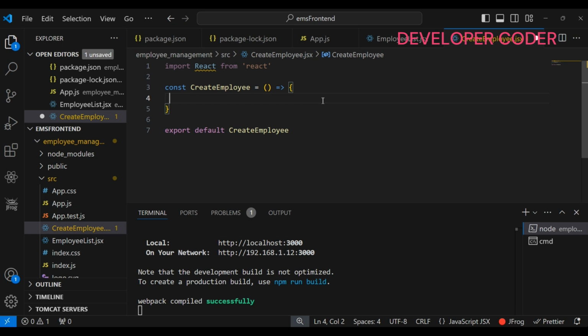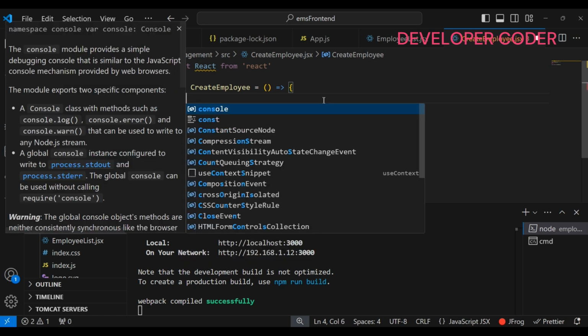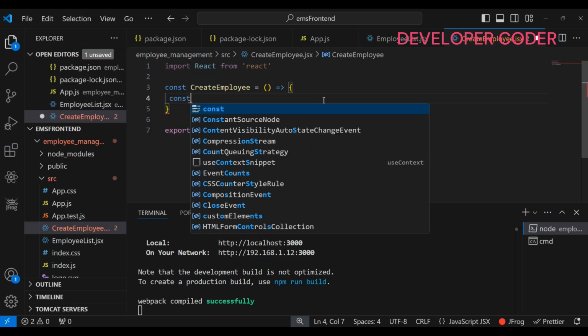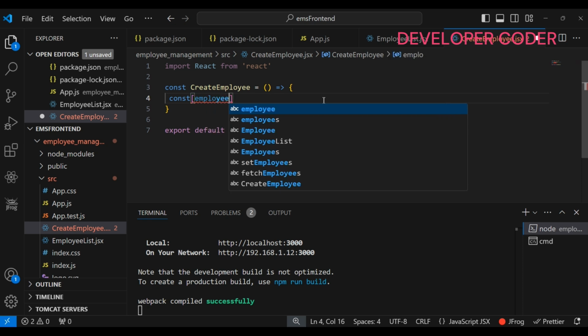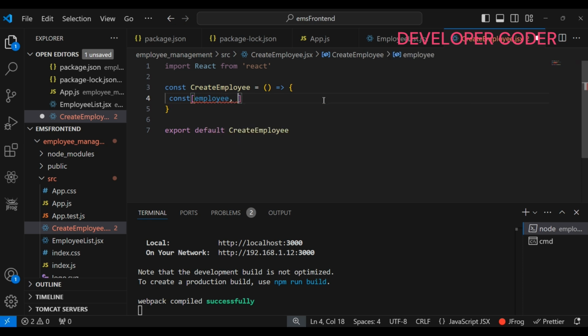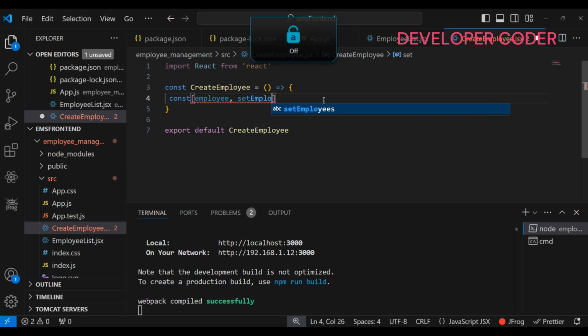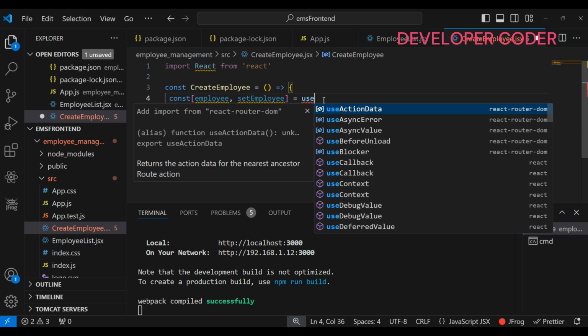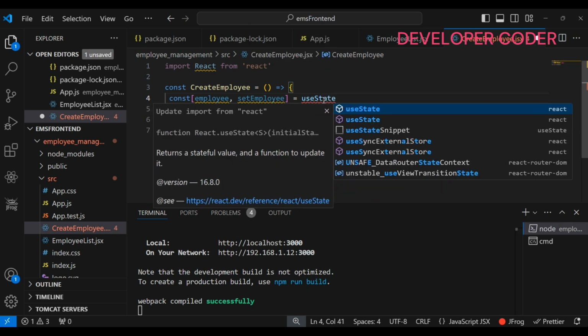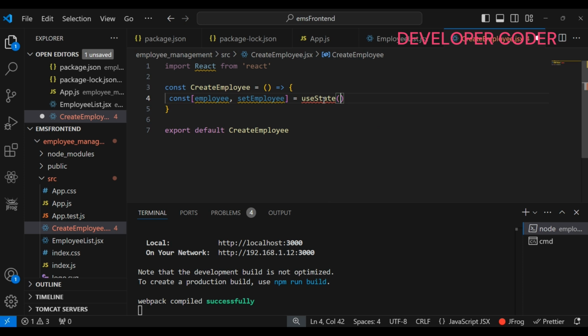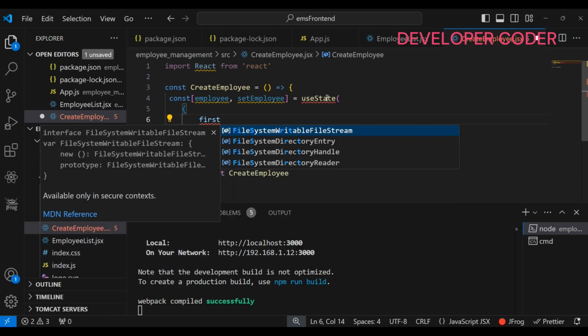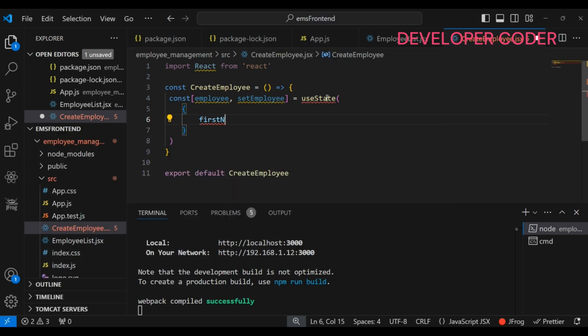And now inside this we are going to first write our state to hold form input values. So const, the form input values will be in, let's say, employee. In this I will get all the details. And this is nothing but my setEmployee, let's say this is my function. And here initially in the useState I'm going to write like this, and inside this I am going to pass my first name. Initially it is going to be empty. Everything is going to be empty. So here first name